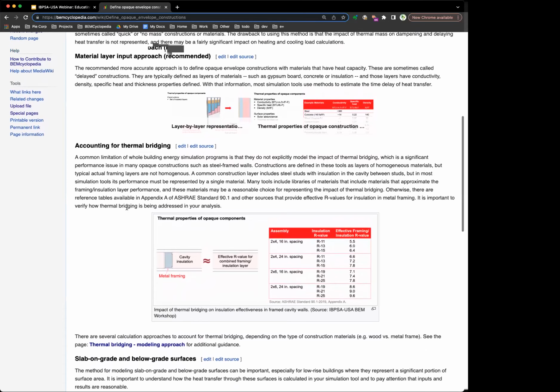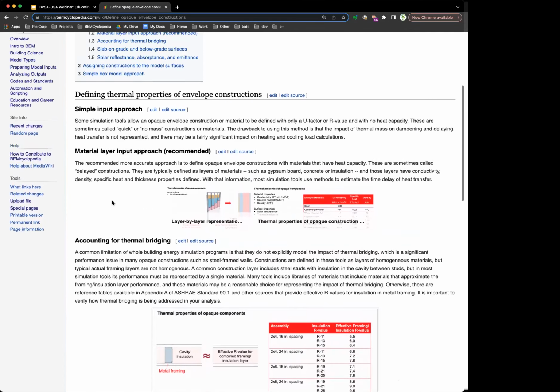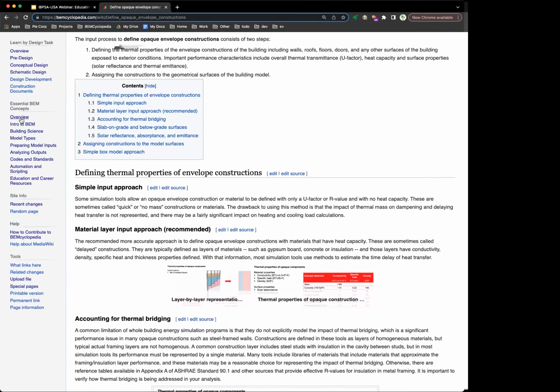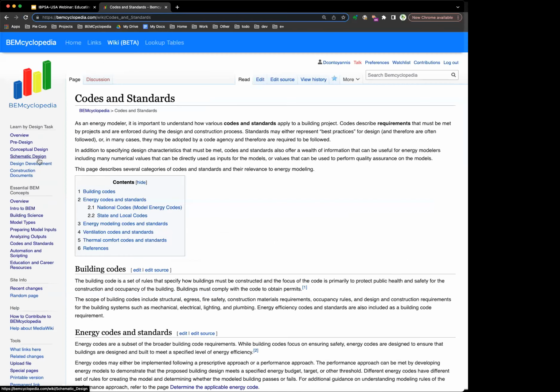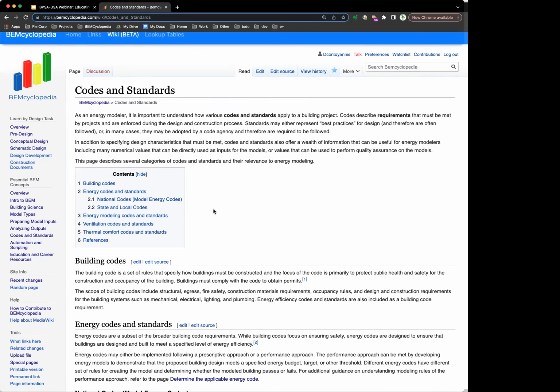Some of the other things I'd like to highlight under the essential BEM concepts, and again, it's all navigable here by these sidebars. There's a section on analyzing model outputs. There's a page about codes and standards, and this lists a bunch of codes that energy modelers should be aware of, because they often have an impact on how you can, or what you must do when modeling a building for code compliance.